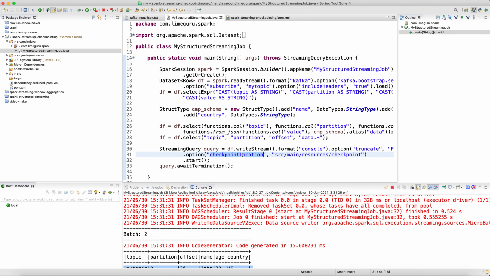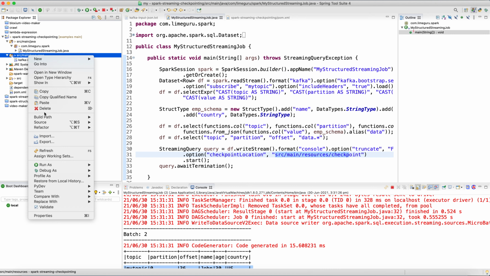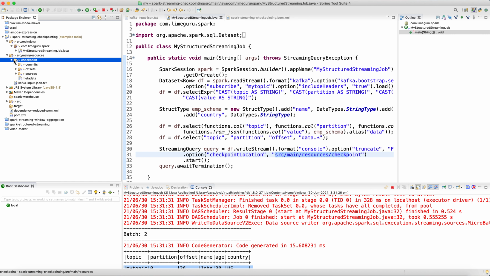And if I show some internals about how checkpointing is implemented, at the checkpoint location, which is src main resources checkpoint, if you go into that location, let me refresh it. You will see here that a checkpoint folder is created. Spark has created this folder, and in it Spark maintains what all offsets it has committed, what was the last offset it has processed.